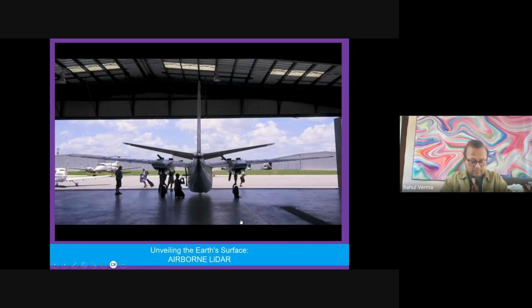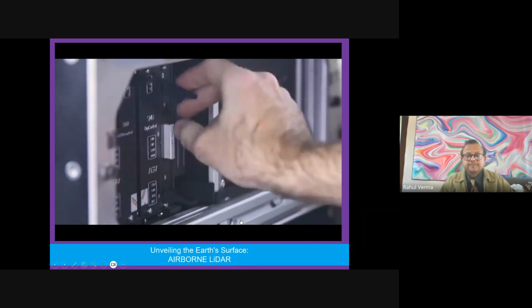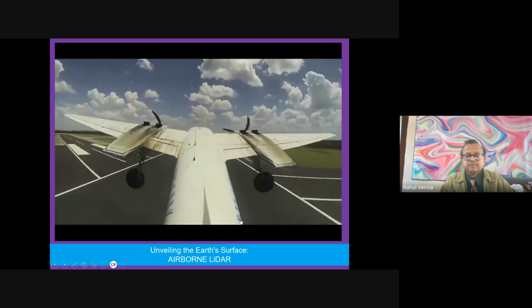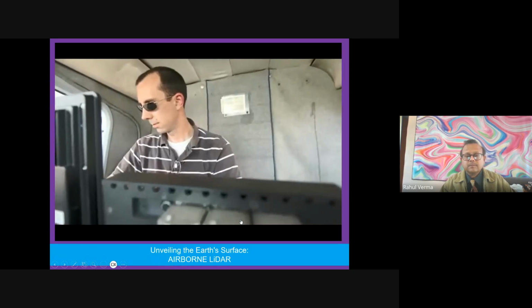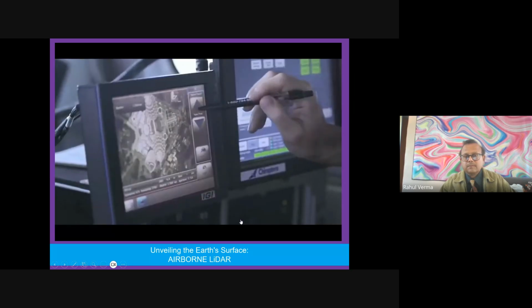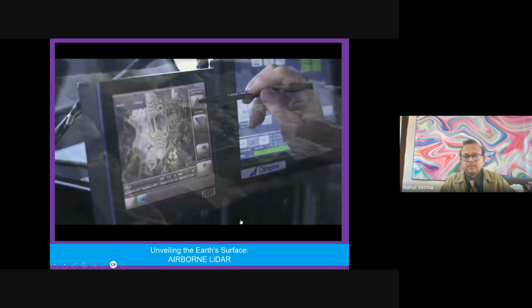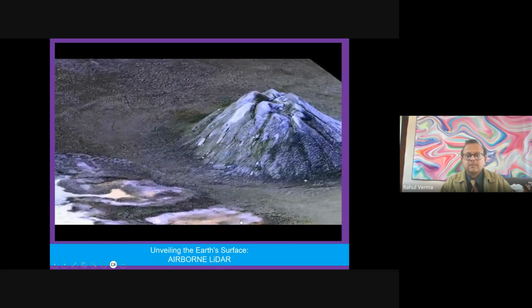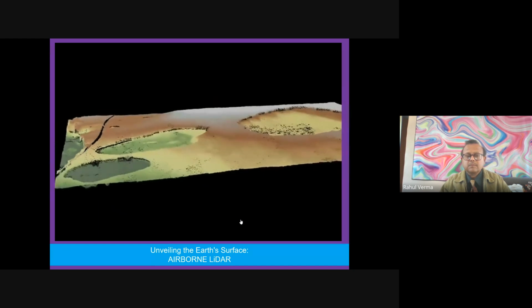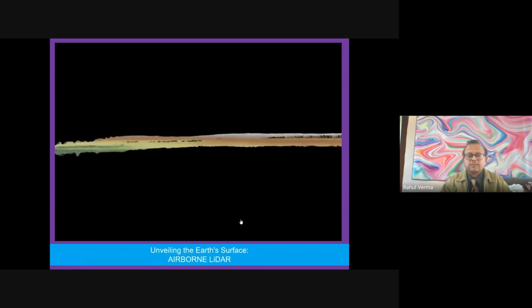Airborne LiDAR is a technology that was developed in the last 10 or 15 years, which involved flying a laser-based instrument in an aircraft at relatively low altitudes, and then firing laser pulses at the ground or other surface to produce a very high-resolution model of the Earth's surface. It reveals to us a new image of the surface that we can't obtain in any other way. It takes our previously blurry view of the Earth's surface and brings it into sharp relief and sharp focus, which allows us to make fundamental advances in what the shape of the Earth tells us about geologic processes.